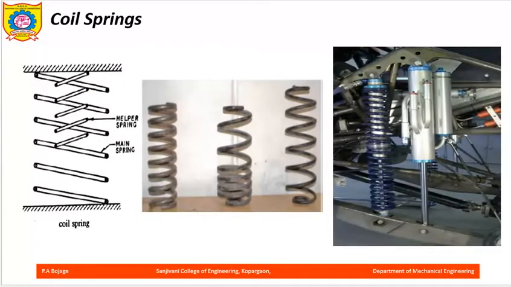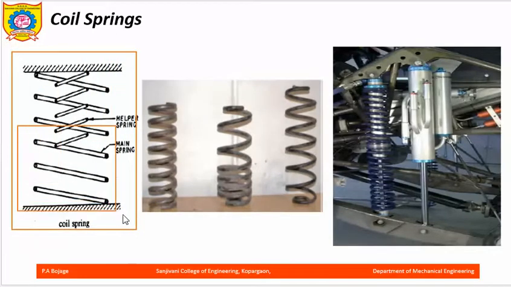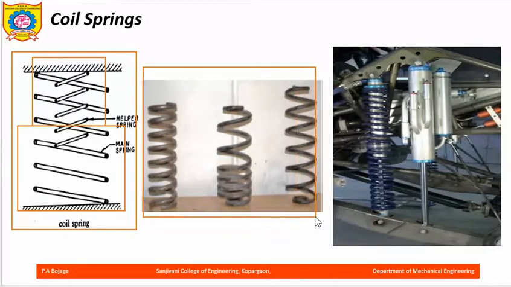So what are coil springs? These are nothing but steel wires rolled together to form a helical coil spring. So in this diagram you can clearly see the springs. Okay, so this is a helical spring and this is the helper spring out here, and in this photo also you can see. So it has a wide application for suspension in two-wheelers, in cars, and in dampers also.